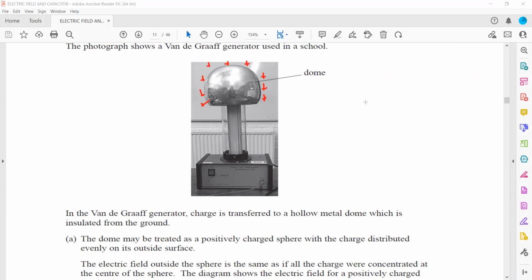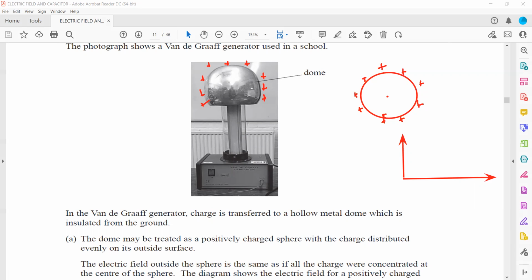If there is a sphere which is positively charged, we can consider it like this. Remember, within the hollow sphere there is no electric field. So if we start from the center and want to sketch a graph for the variation of electric field strength with distance,